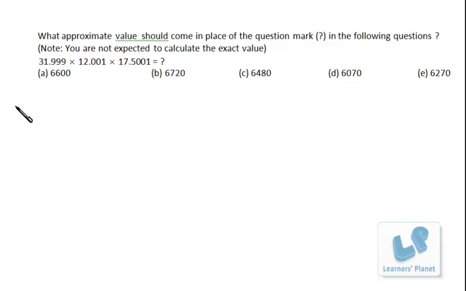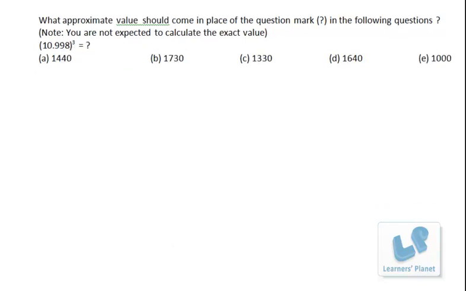Now let's take this question. It is 31.999 into this, right? Now what is the mistake that the maximum number of students are making? See here, both the signs are multiplication signs, right? So you cannot reduce or increase the number. Now for this question, it's quite simple. It's 10.998 cube that you have to find out, and the options give you the opportunity to approximate it to 11, right? Because there is only a 0.002 difference, right?